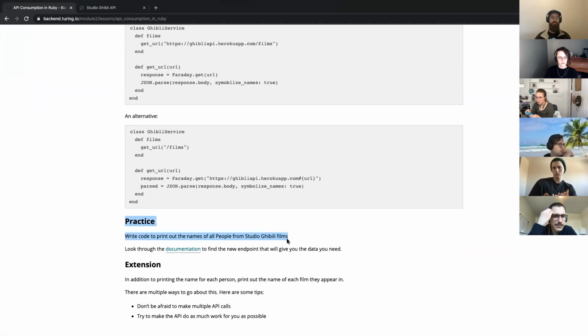of the lesson plan. And I'm going to ask you all to, we'll stay in the main Zoom room. You can feel free to turn off your camera and just work independently. Write some code similar to what we've written up to this point to print out all the names of people from Studio Ghibli films. So what I would imagine that looking like for y'all is to